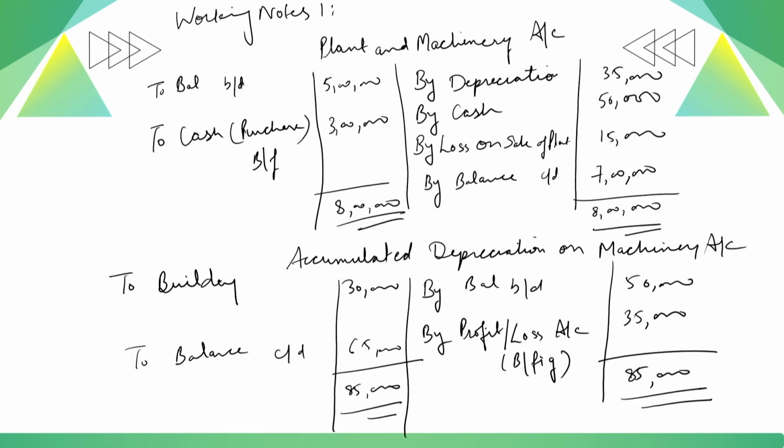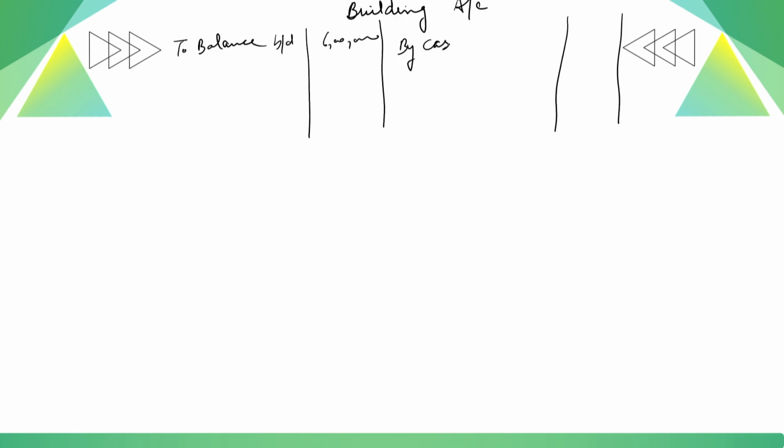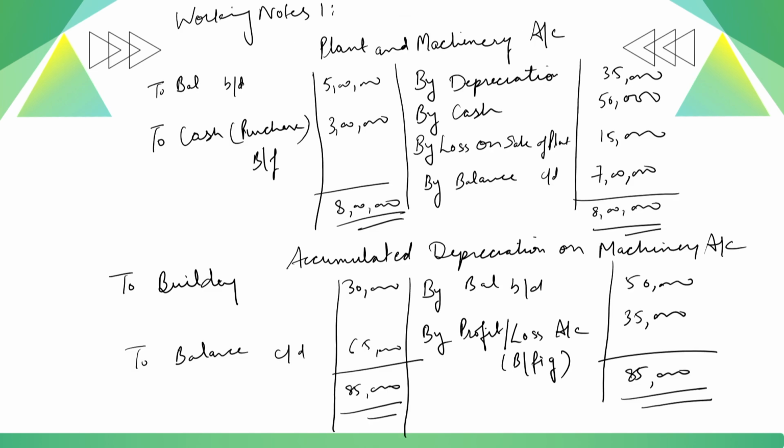In the building account, we again have an opening balance of the building, which is given in the question, 6 lakh. So, I will write on the debit side, to balance brought down, 6 lakh rupees, and we have sold the building for rupees 70,000. So, I will write it on the credit side by cash, that is for sale proceeds. We have received 70,000, and as in the last account of accumulated depreciation, we have shown on the debit side